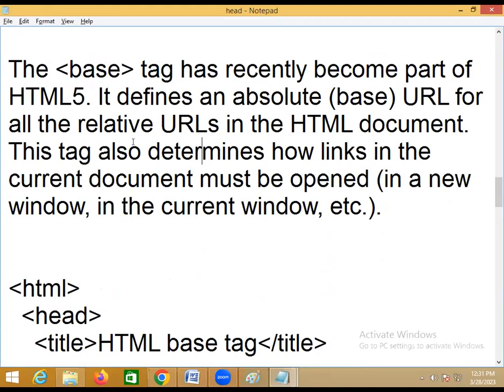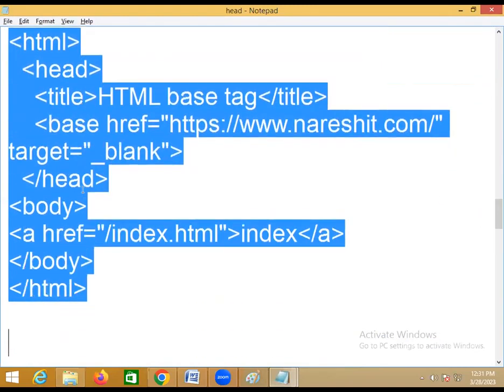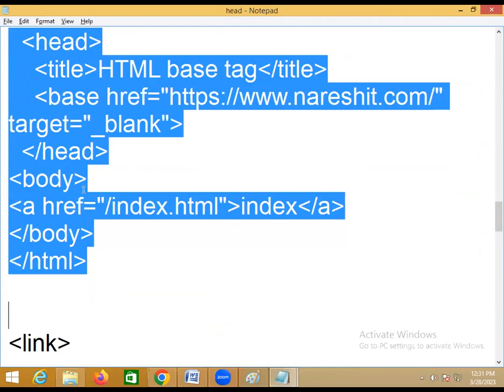Okay, because we don't know body, we know only head. But just try to understand this base is used to define which one? Absolute URL. Absolute URL for relative URLs, which are defined in what? HTML document. That is what you mean by base here. That is a base. Now base is one. Next one is,